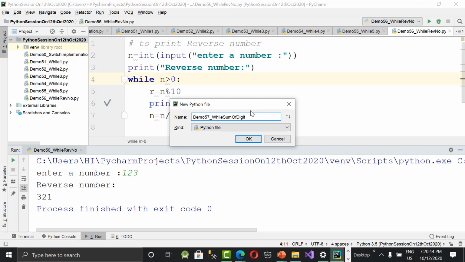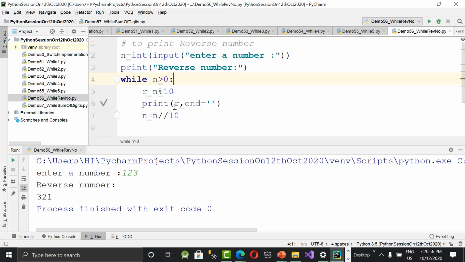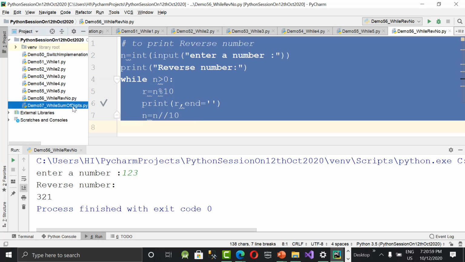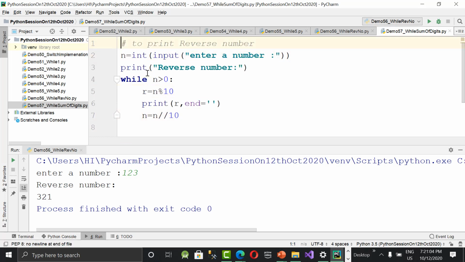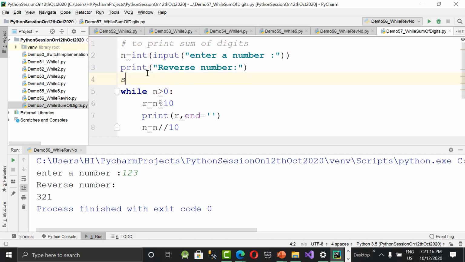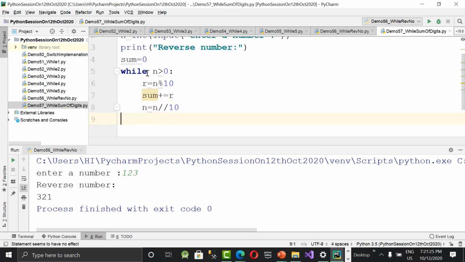So what are we doing? We'll take this extra variable to print the sum of digits. Take a variable here, sum equal to 0, and just remove this line and say sum plus is equal to r. That's all. Every remainder, every digit is getting added to sum. Finally, print the sum of digits, comma, sum. So it's the same as the previous program, I just changed this line and added sum equal to 0.